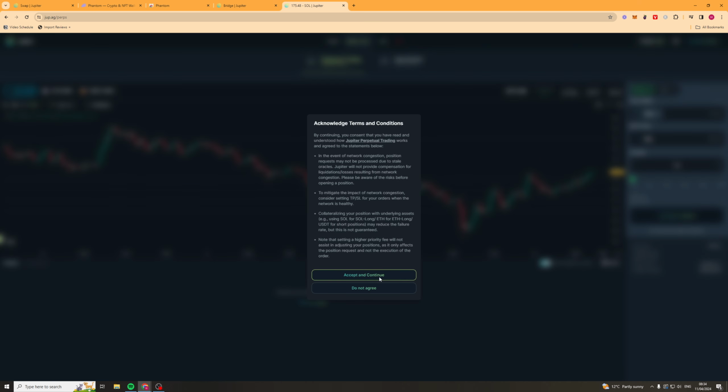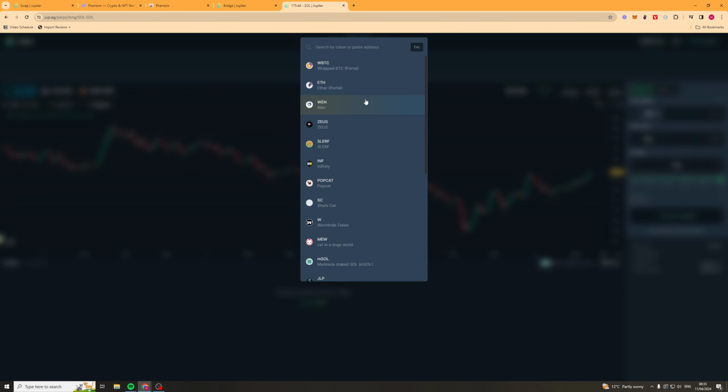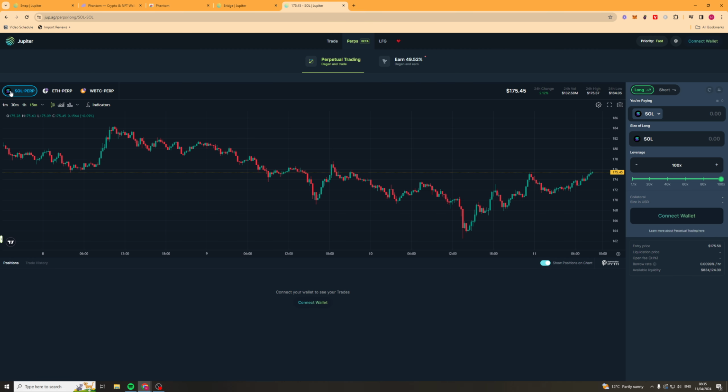The last step we've got here is this Bitperss, and essentially this is going to be leveraged, and you can lose your money very quickly with this, so don't do this if you don't really know what you're doing. But essentially you can go ahead and use this system here, and you're able to leverage trade on here. You can long and short, you can select what you're paying, and you've got the different pairs here. So you've got these ones here,